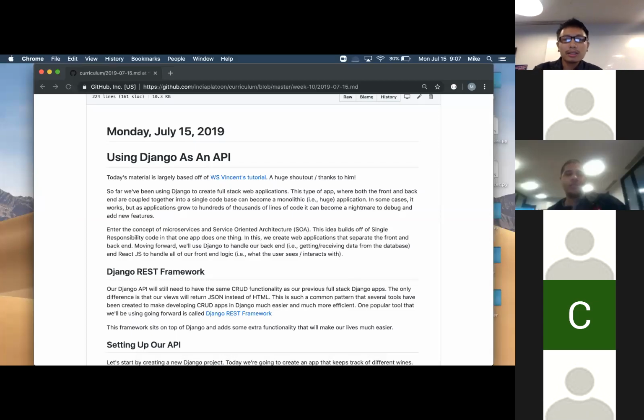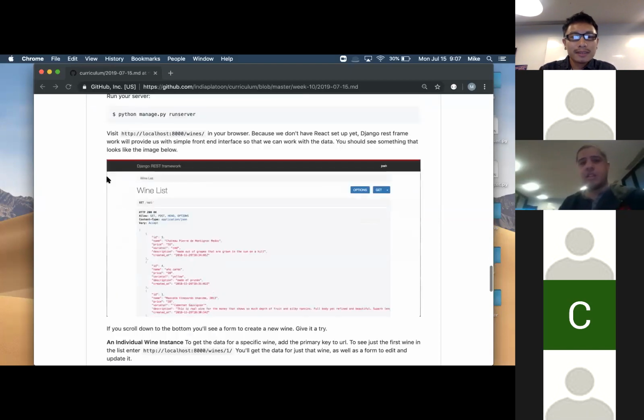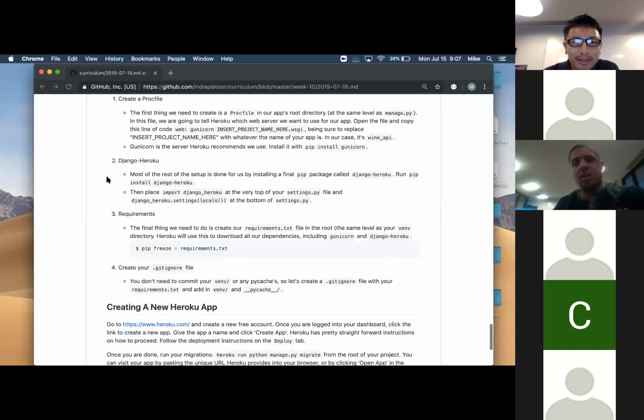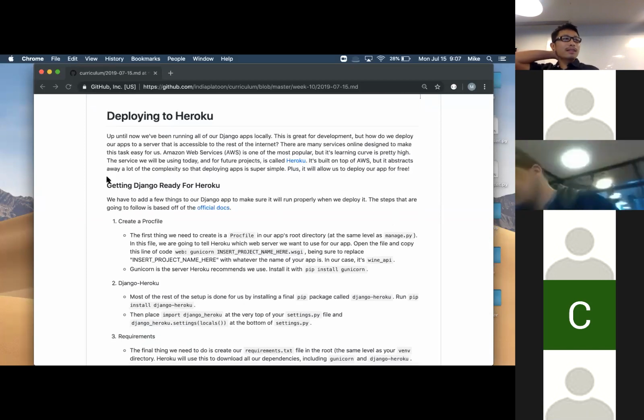So today we're going to put a Django app on Heroku, and Heroku is a great thing. Heroku is this nice free service that lets us